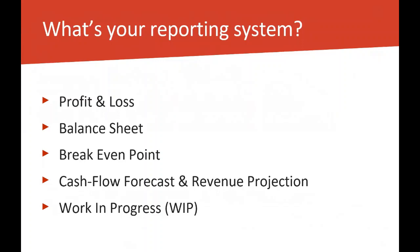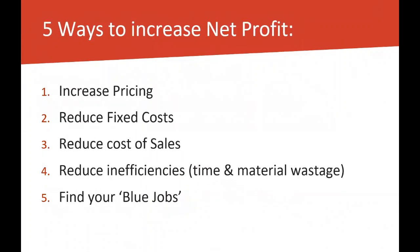Okay, now you hear me saying we want to have sustainable and optimal profit. Well, how do we do that? How can we go from where you might be at the moment to a more profitable business? Here's a quick and obvious 5 points, and without dwelling too much on each one, we will briefly touch on each. Increasing your pricing